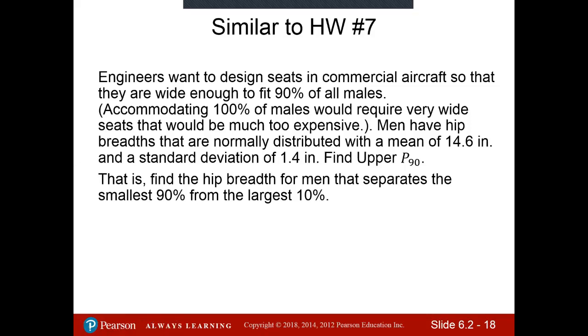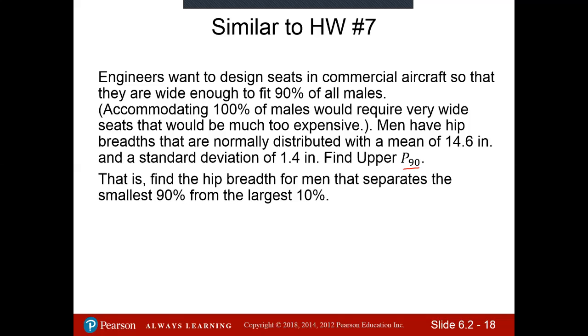Now note that this value here is not Z alpha, because if it were Z alpha, then we would want 90% to the right and 10% to the left. But this is a percentile, meaning that you have 90% of the people less than this value, to the left, and only 10% above. Okay, so if I want to do this,